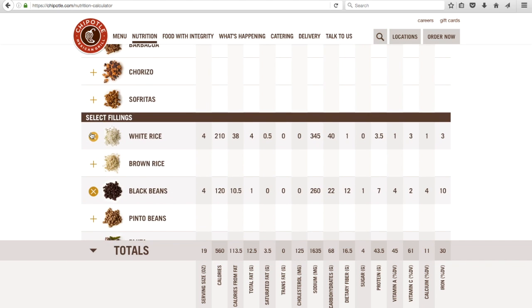White rice. If you're going to do a carbohydrate, go with the white rice. It's okay. It's not going to kill you. But if you're super worried about that, take the white rice away and just double the black beans. There's nothing wrong with eating the black beans because black beans have protein and, yes, technically they have carbohydrates, but with the fiber and the type of carbohydrates these are, it's perfectly good for you. It's not too much fat in the black beans, because remember,